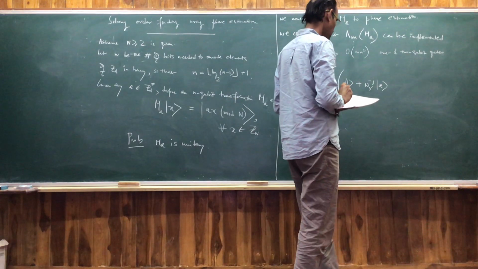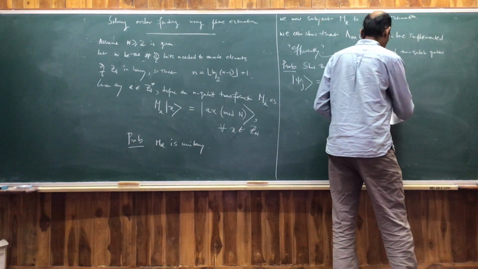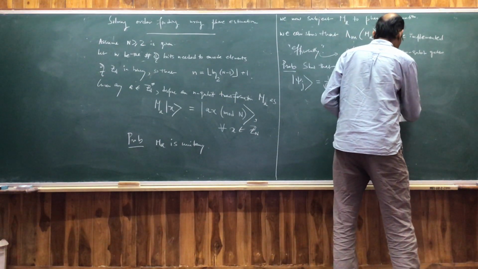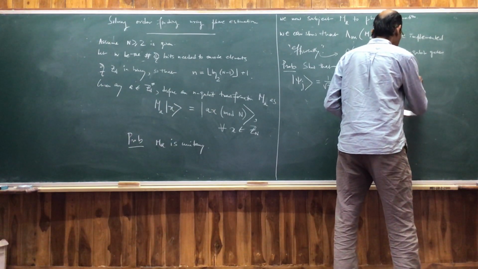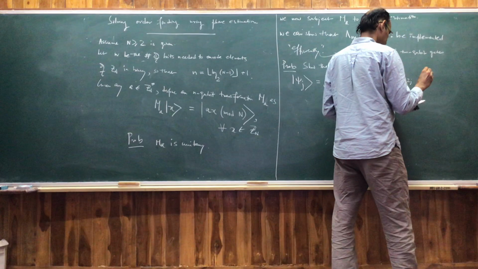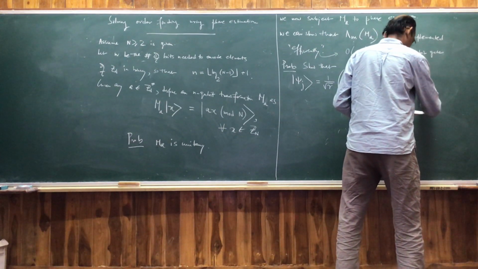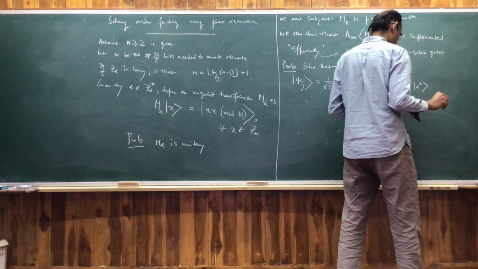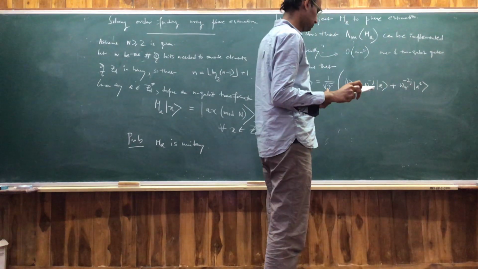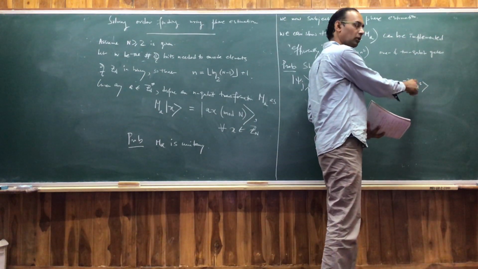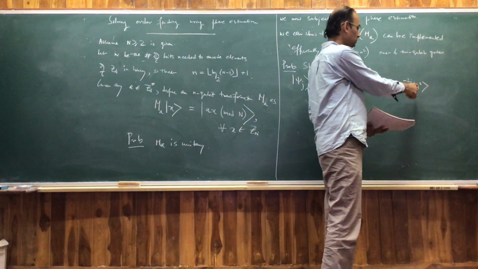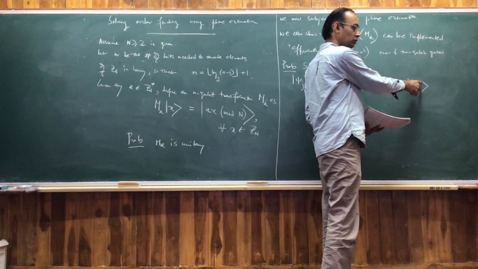On A plus omega r to the power of minus twice j a square. So when I write a square, all multiplications are modulo n, okay? So this a square means a into a modulo n